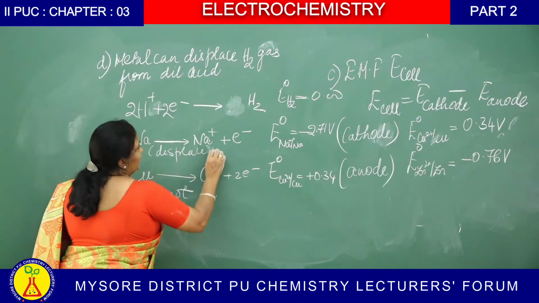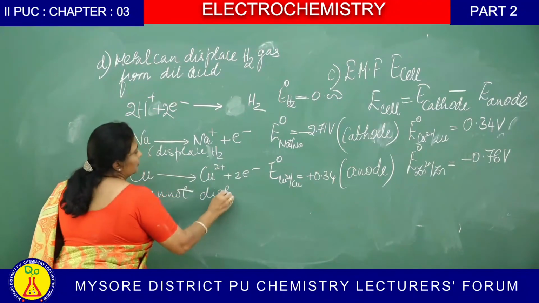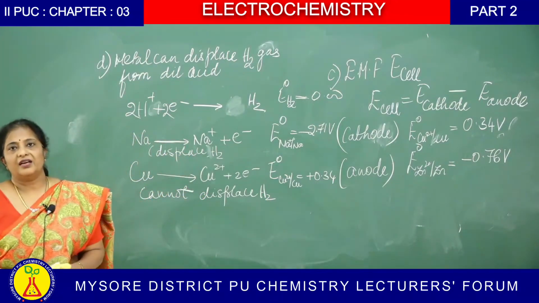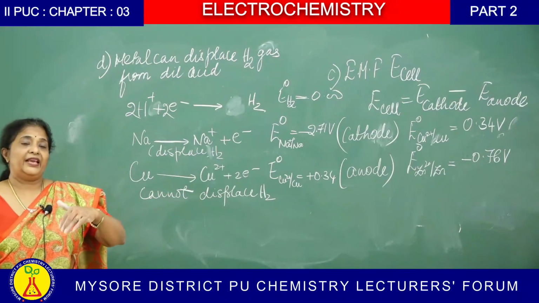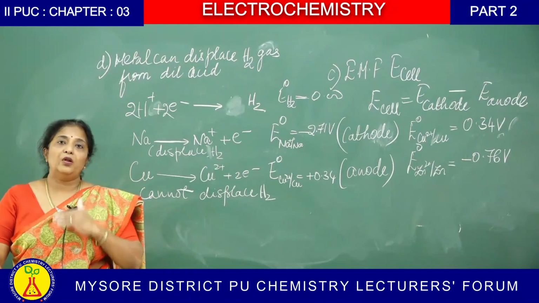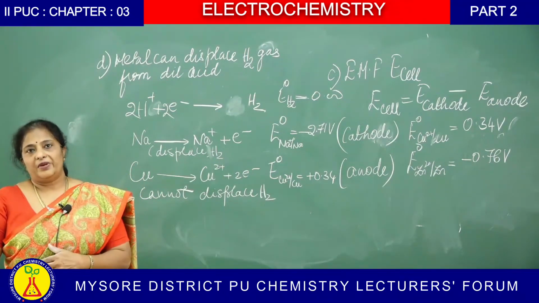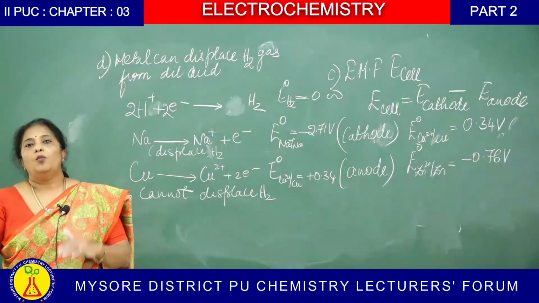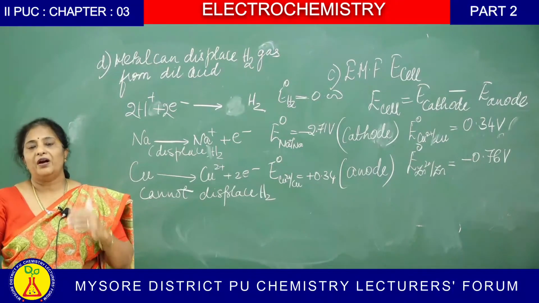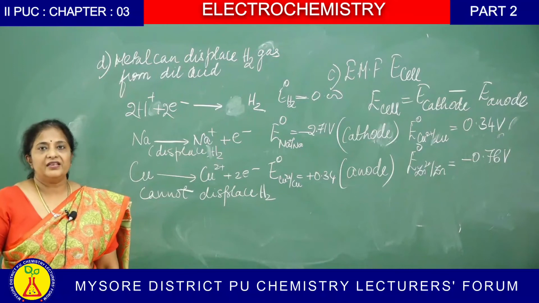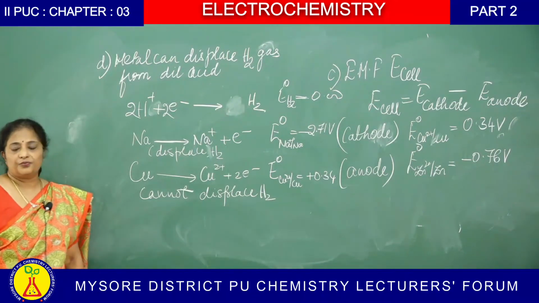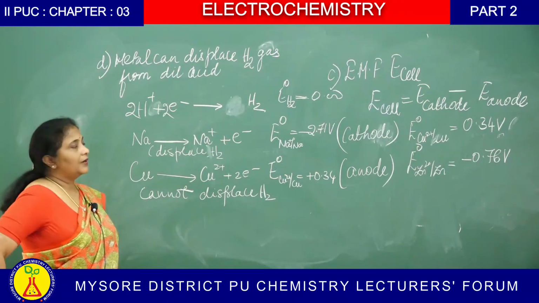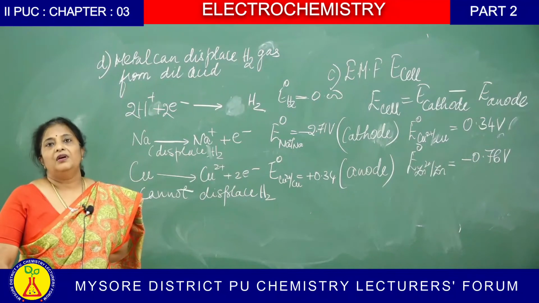Can displace hydrogen, cannot displace hydrogen. Or in other words, in an easier way, the elements which are placed below hydrogen in the electrochemical series cannot displace hydrogen from dilute acids, while the elements which are placed above hydrogen in the electrochemical series can displace hydrogen from dilute acids. So, these are the four important applications of